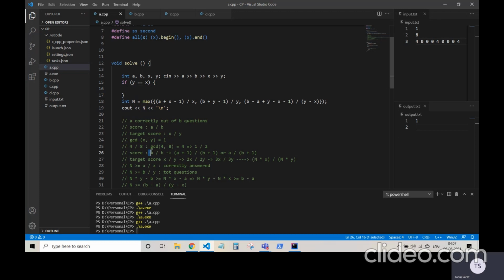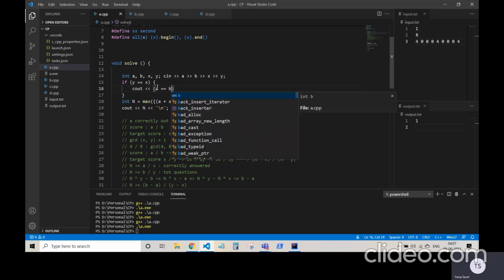Because we know that from a by b, we can go to a plus 1 by b plus 1. So you see that both the numerator and the denominator have increased. If they both have increased, then there is no way that this particular path would lead us anywhere close to x by x, or 1 by 1. And similarly in this path, the denominator keeps increasing. So if initially a was less than b, then a would always remain less than b. So we can never get an answer.